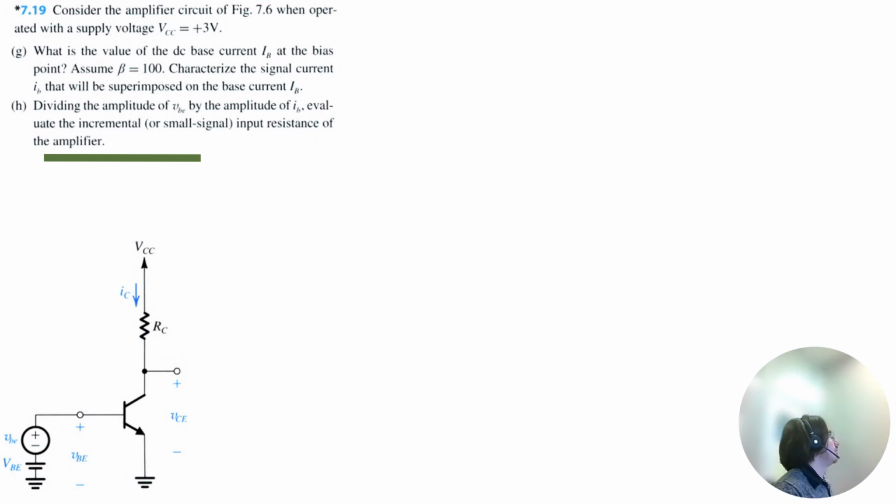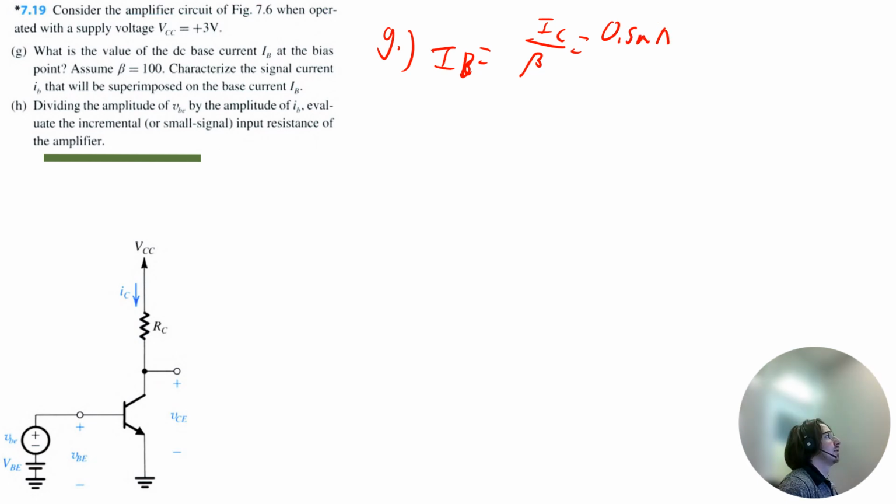All right, part G. What is the value of the DC base current IB at the bias point? We're going to assume that beta equals 100, and we're going to characterize the signal current IB as well, lowercase ib, that will be superimposed. Okay, so first off,